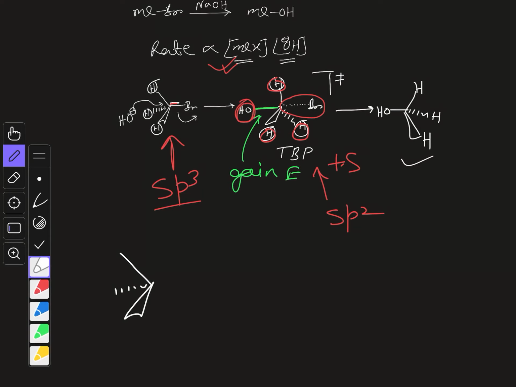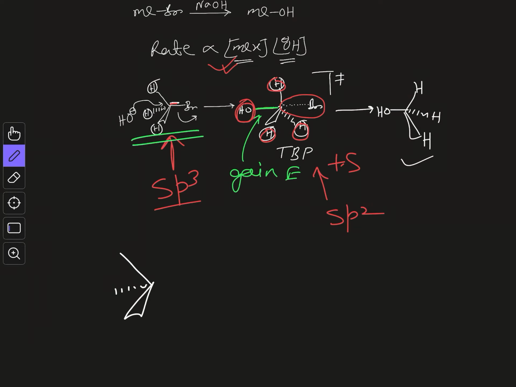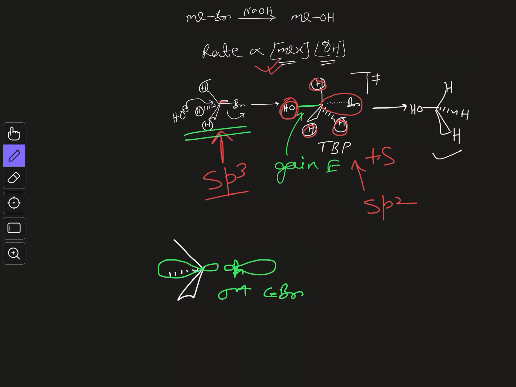Now in this case this alkyl halide is your electrophile, so it will have a low energy LUMO. What is the low energy LUMO here? It is this one. This is bromine, and this is the sigma star of the C-Br bond, the low energy LUMO of the molecule. And now you have this OH minus, which has a lone pair in the non-bonding orbital. So these two can overlap, right?